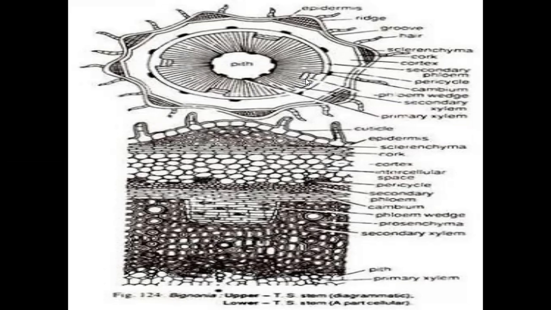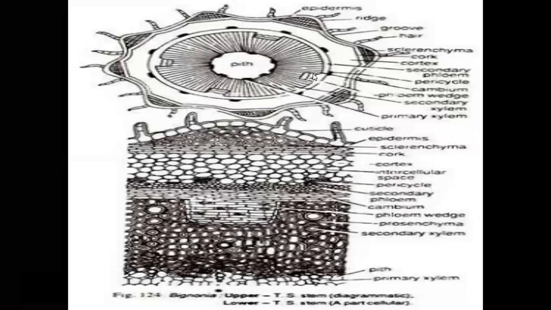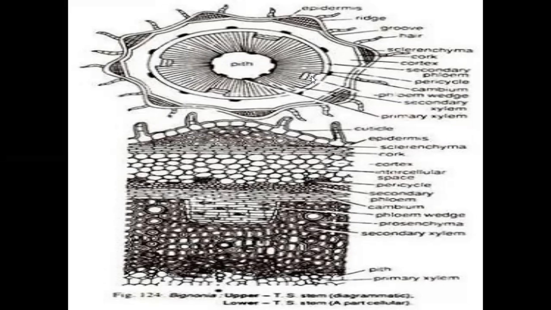The secondary xylem looks like a U-shaped structure. These are filled with the secondary phloem and are called phloem furrows. Initially, phloem furrows are only four. In later days, phloem furrows are developed in greater number. The phloem furrows containing phloem are also called phloem wedges.